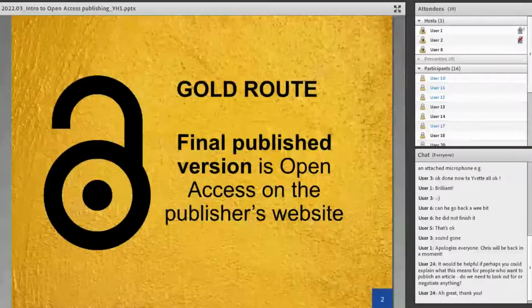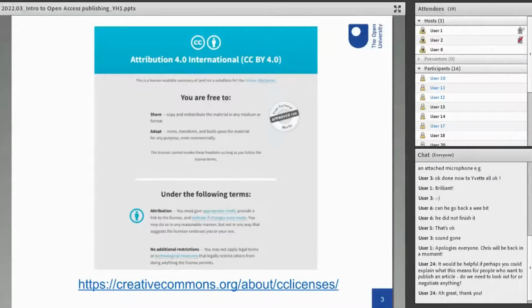So, gold open access, what does it actually mean? As you've heard from Chris already, essentially the gold route to open access is where your publication has been made available on a publisher's website, repository, or another publishing platform immediately. And this means that the paper in most cases will be available under a Creative Commons CC BY or attribution license. And you will find that many funders, such as UKRI, will require this type of license. And other Creative Commons licenses are available, but they do restrict how publications can be shared and reused. So CC BY is the way forward.